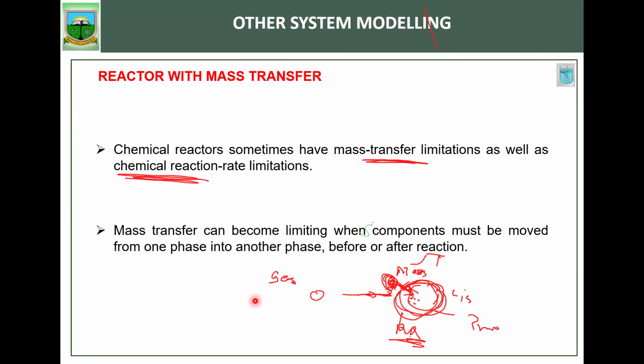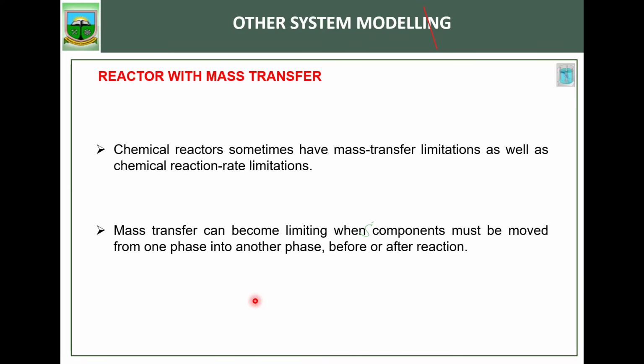Okay, very well. So you realize that mass transfer is the biggest limitation in most reactors that have mass transfer occurring in them. If you're not able to initiate a good mass transfer, then it has a problem. You realize that the system will be affected. Your products will be limited. You will not get very good products. Okay, so let's look at how to model such a system and see the number of equations we need